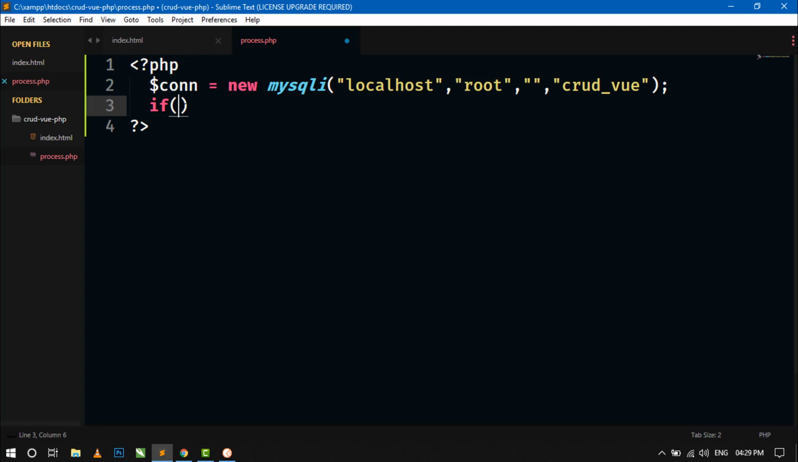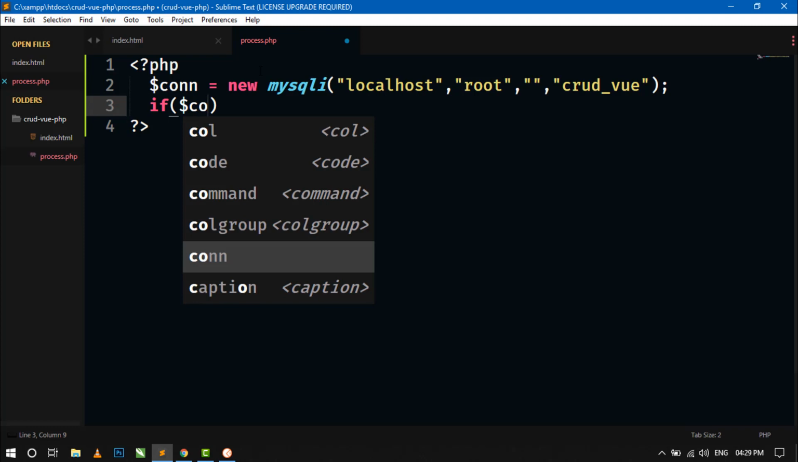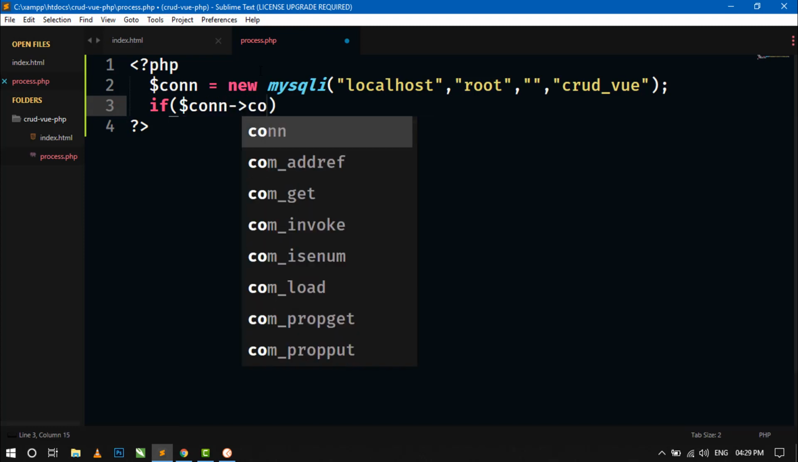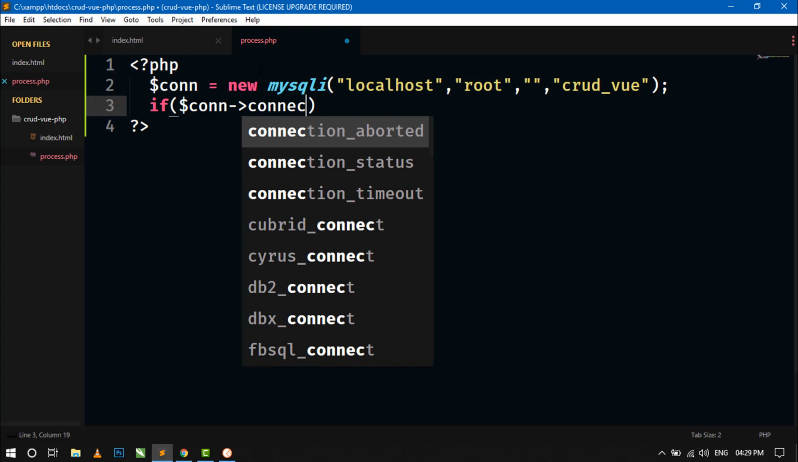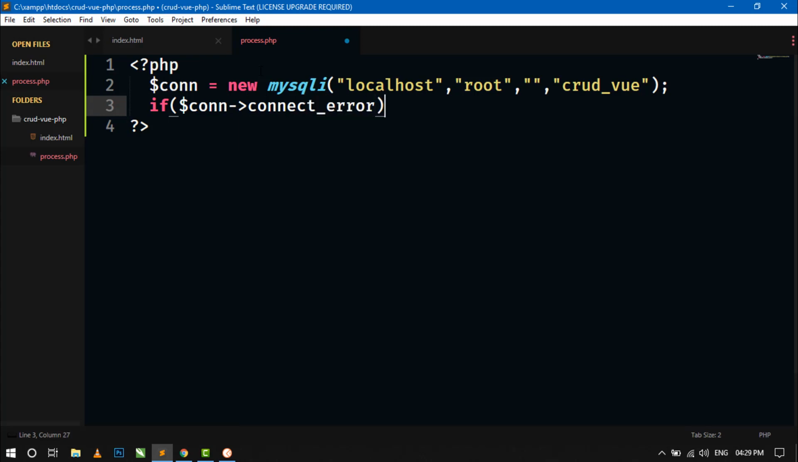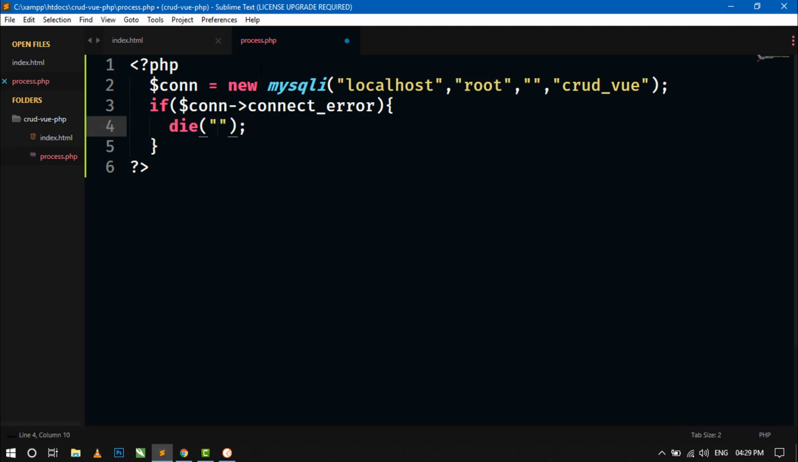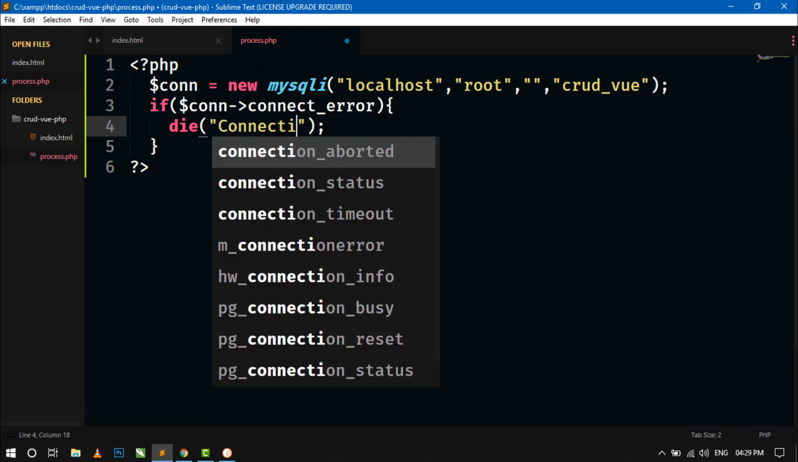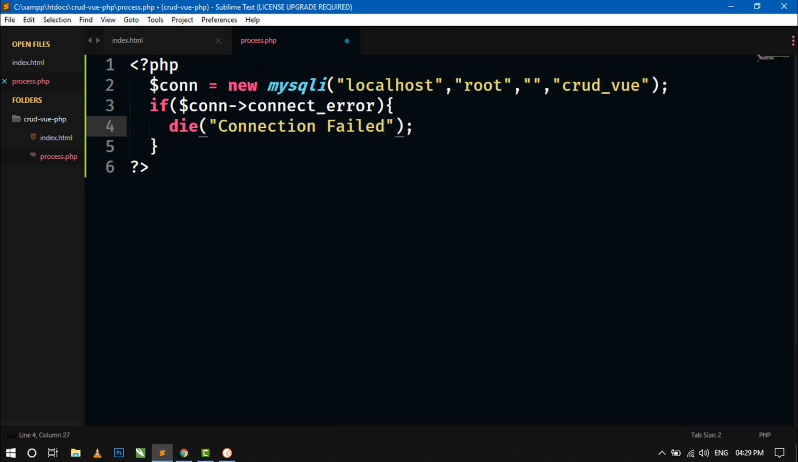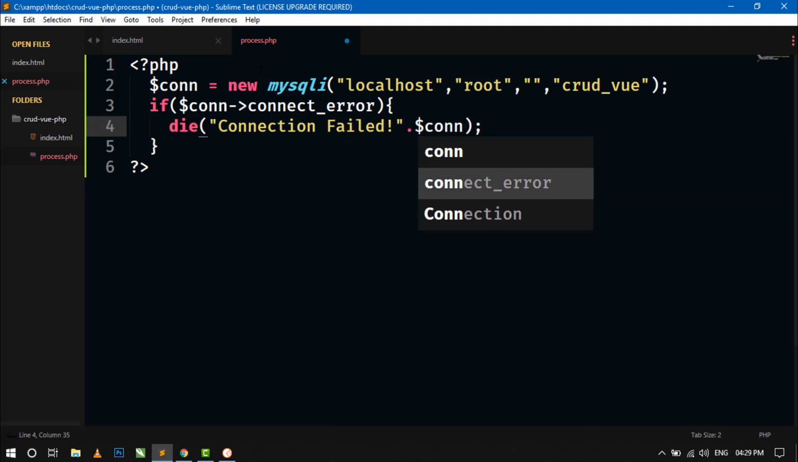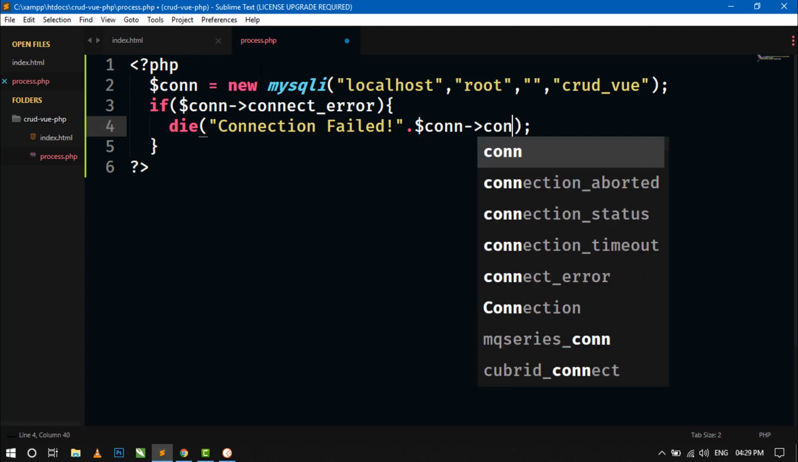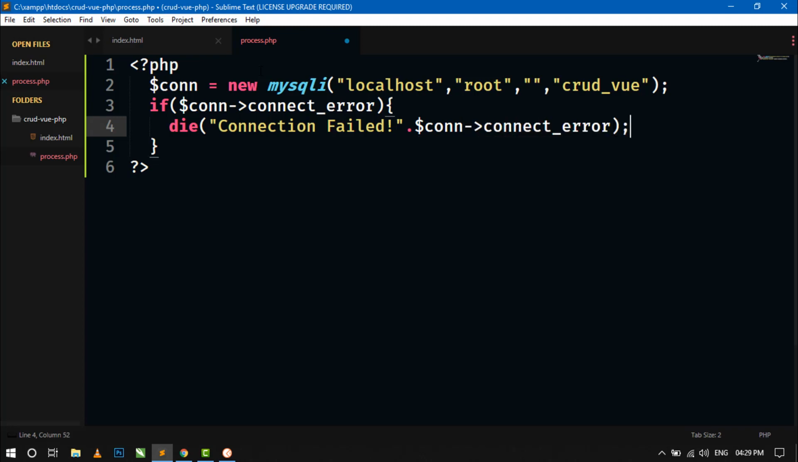And now check using an if statement whether the connection is established or not. So here I am using this connection variable and calling connect_error. If something went wrong and it could not connect to the database, then we will simply display a message using die function: connection failed. Simply show the error message using the same variable, connect_error. Okay, now let's echo